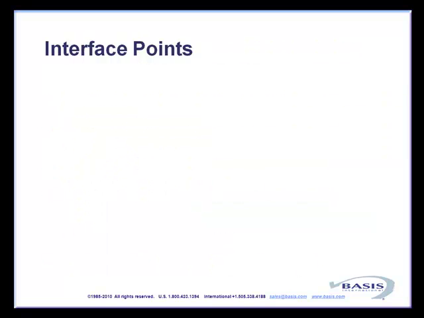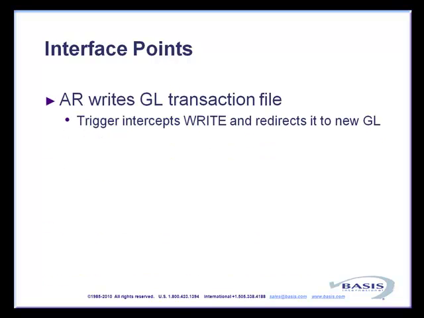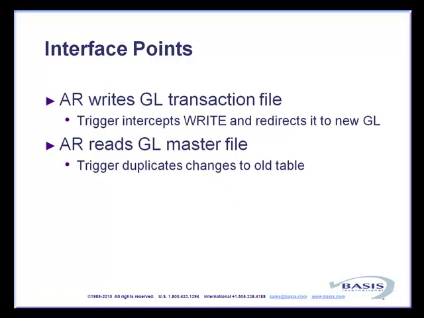So what were the interface points between the old modules and the new? Well, the old Accounts Receivable writes a General Ledger transaction file. So the trigger intercepts that write and redirects it to the new General Ledger. The old Accounts Receivable reads General Ledger master file information to determine the structure of the transaction. Trigger now duplicates the changes to the old table. So the old code is entirely oblivious to the fact that we've replaced the Accounts Payable and the General Ledger